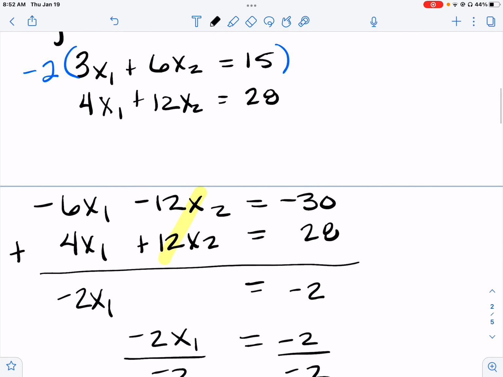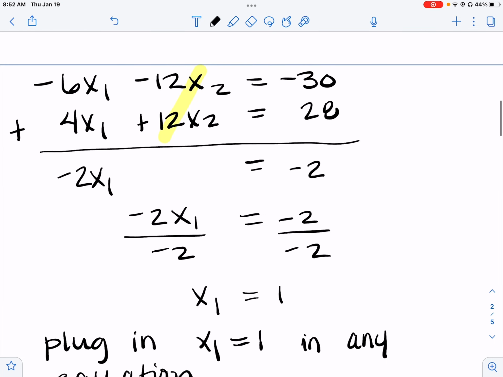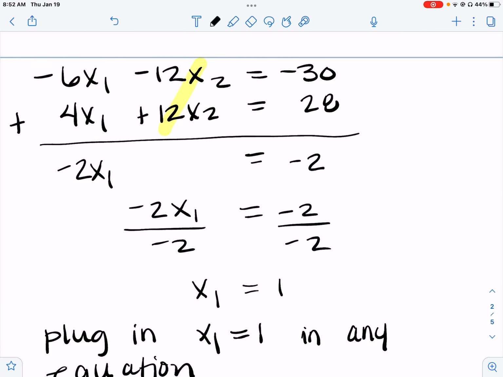So negative 2 times 3 is negative 6. Negative 2 times 6 is negative 12. Negative 2 times 15 is negative 30. Rewrite the second equation and then add them together. The whole point of multiplying that first equation by negative 2 was to get negative 12 to cancel with the